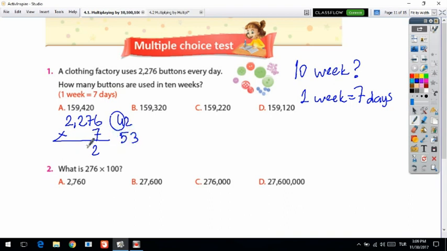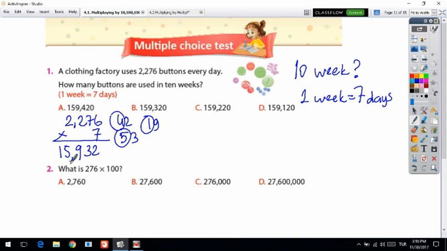I am writing 53. 3 comes down, 5 make a circle. 2 times 7 is equal to 14. 14 plus 5 is equal to 19. I am writing 19. So 9 comes down, 1 make a circle. 7 times 2 is equal to 14 plus 1, 15. Okay, now my answer is